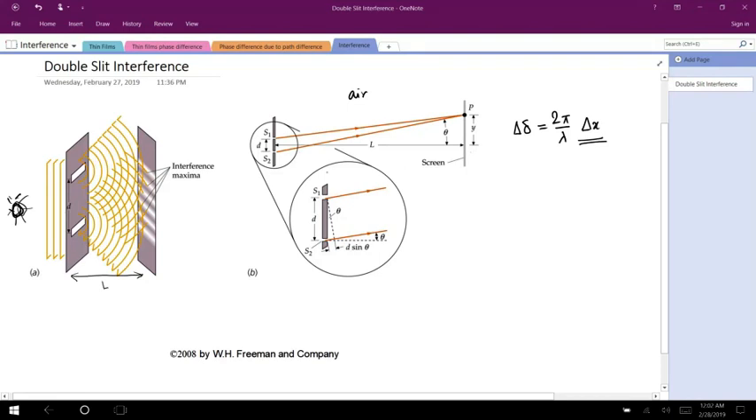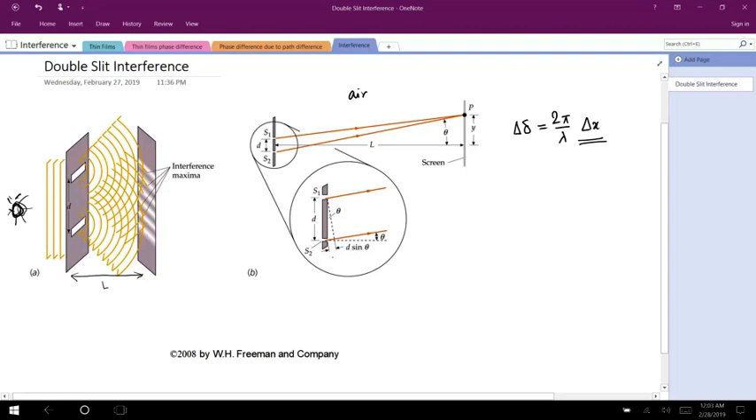Now, we are assuming that the screen is actually quite far away. So because the screen is quite far away, L is much larger than Y. So technically, these two rays of light that are coming very close to the slits are roughly parallel to each other. And so I can just drop a dashed line perpendicular to the second line from the